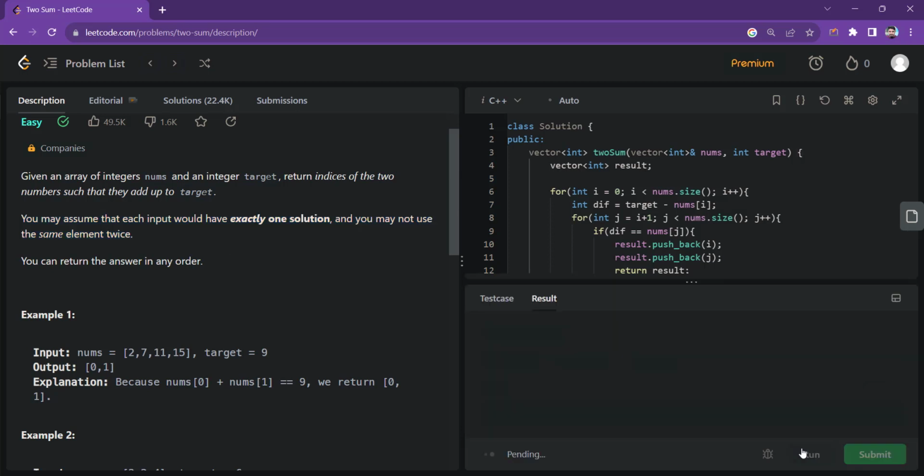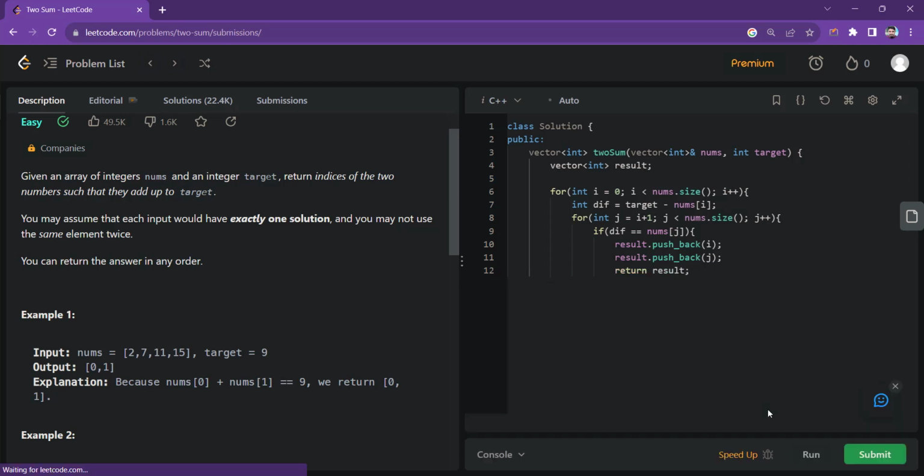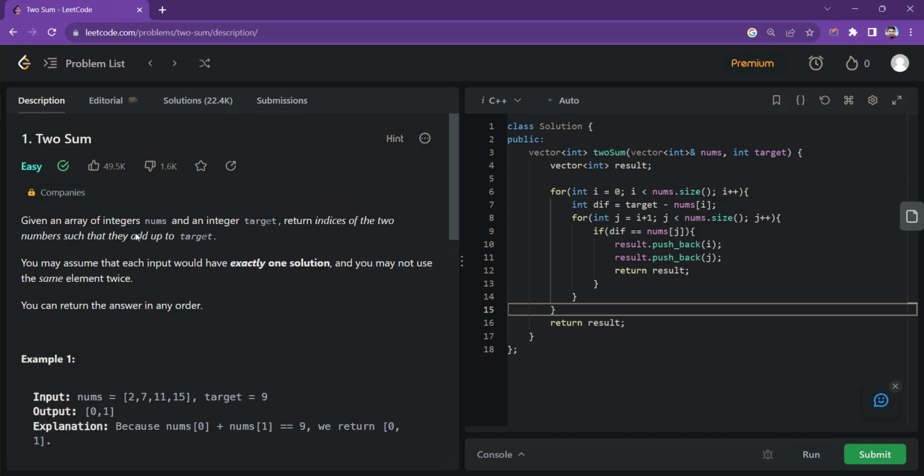So let's run the problem and see if it is accepted or not. So yeah, it is accepted. If we submit it, I guess it will be accepted. So yeah, as it is taking order of n square time complexity, but it is being accepted. It is not giving us any time limit exceeded error. So we can optimize it using a map. So I'll be now solving this using